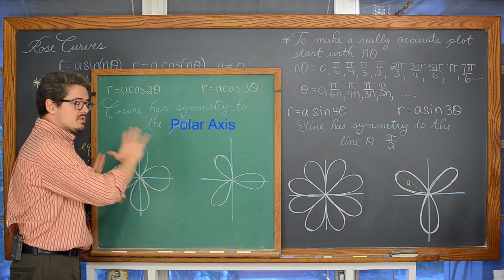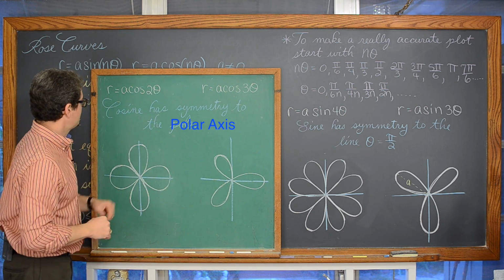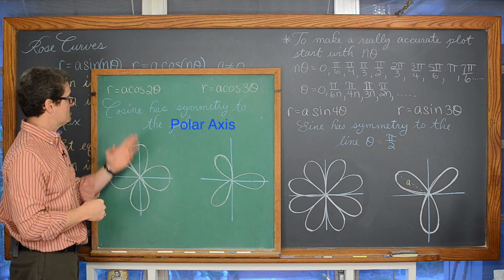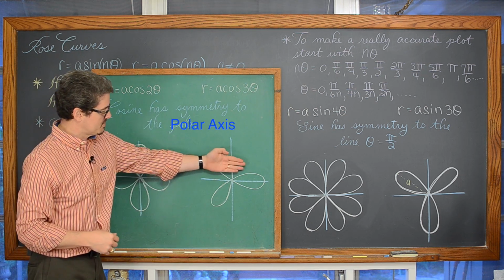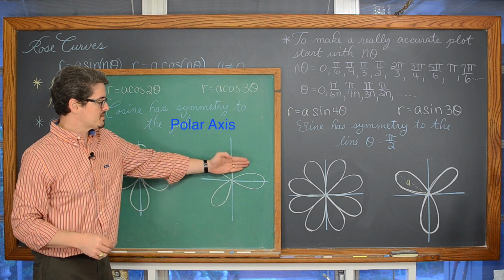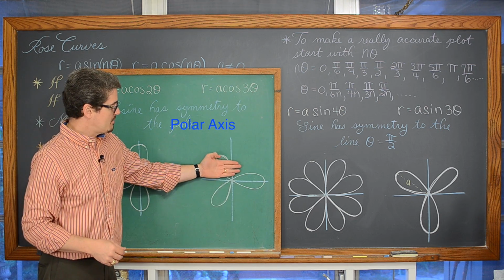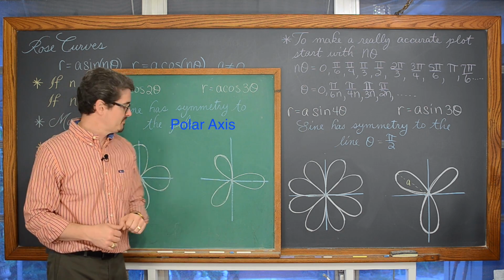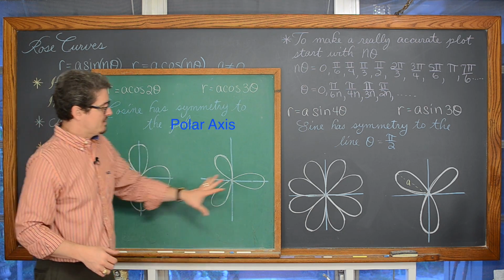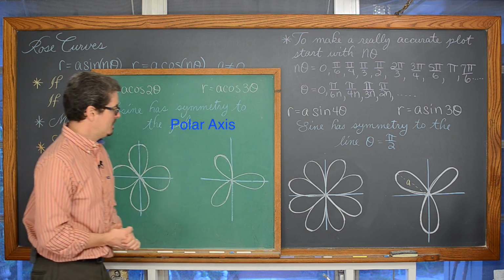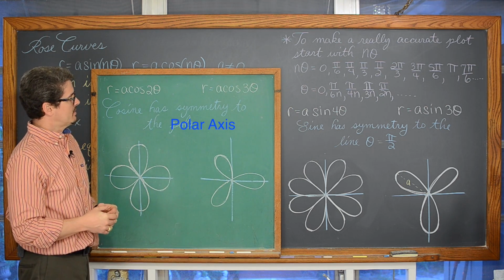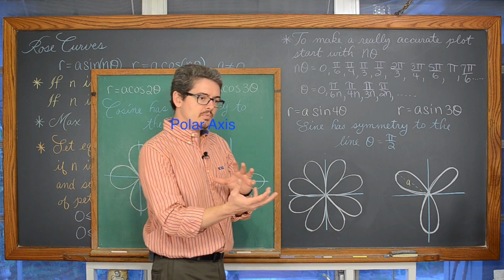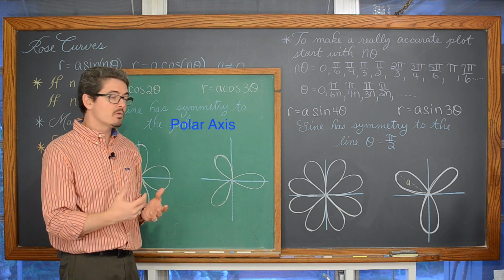Now, one thing to just reiterate one more time in our lesson: if you have a polar equation only involving the cosine function, it is going to be symmetric to the pole. So if I fold this over the pole, the top half of this graph, if drawn accurately, will perfectly line up with the bottom half. With these even numbers of petals, you've got a lot more symmetry going on, but it's really nice with the odd number of petals to make sure that your sketch is actually coming out correctly.